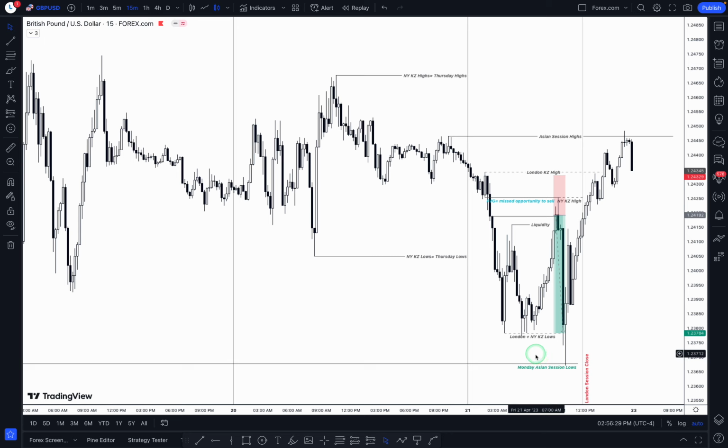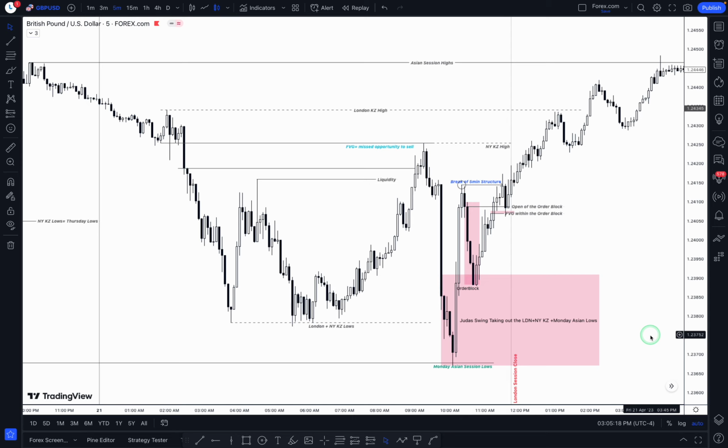Also, one thing you have to know is, once we take out major areas of liquidity in the market, we will often aim to move into opposing liquidity. So the New York kill zone high was created and the New York kill zone low was taken out. So when market trades back up, you'll be anticipating the movement above the New York kill zone highs and even the London kill zone highs, because the London kill zone lows got swept along with it.